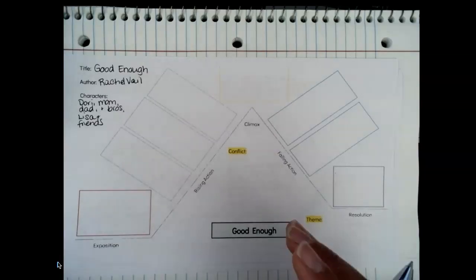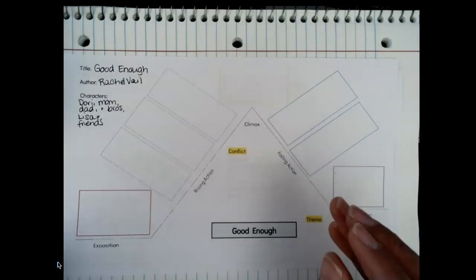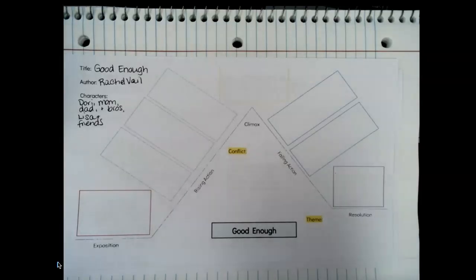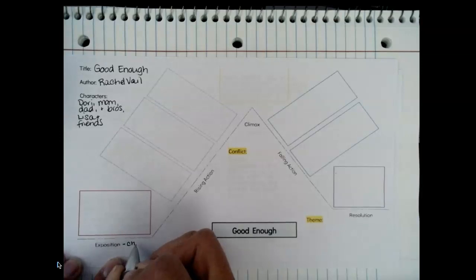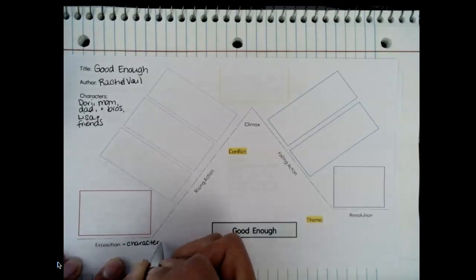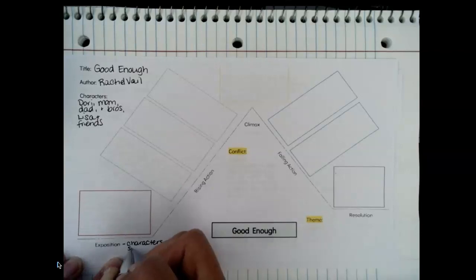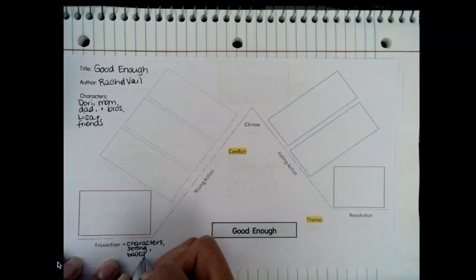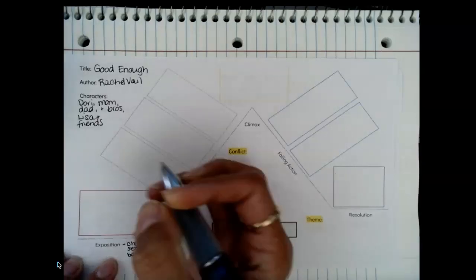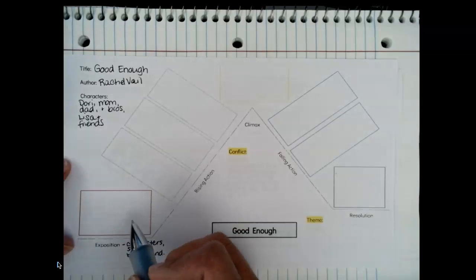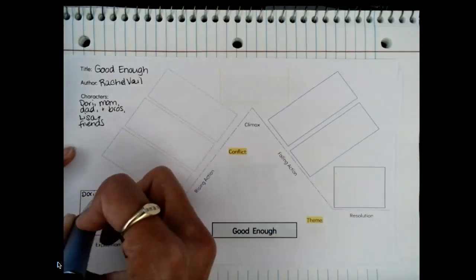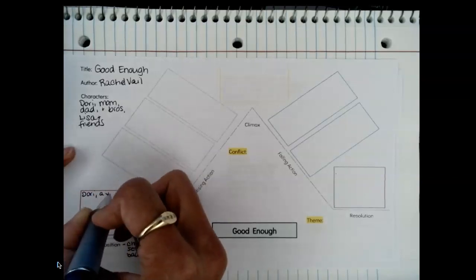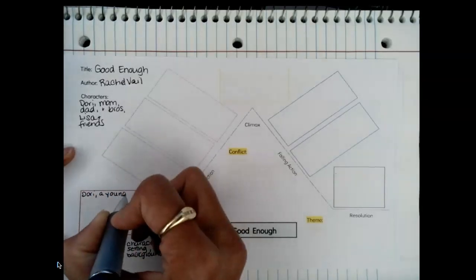All right, so we're working on our plot diagram for Good Enough as a way to really understand how the plot diagram works. We know that the exposition includes the characters in a story, the setting, and any necessary background information. Okay, so the beginning of the story starts with Dory, who's our protagonist, and we're going to write Dory, a young girl,